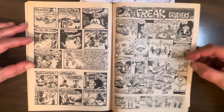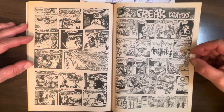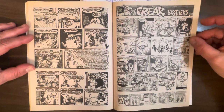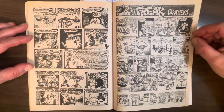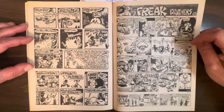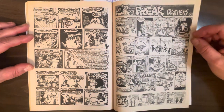Here's another one of the rare non-drug related gags. This one's so odd though. Once again, like I was saying, Gilbert Shelton was kind of a gearhead. So in this one, Phineas is driving his VW bug and the horn is so kind of dinky that he's embarrassed. Everyone's making fun of him. Like, you call that a horn? So he invents this